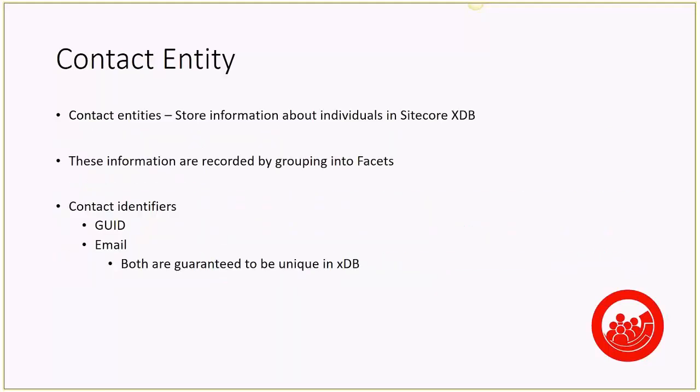Okay, so when you talk about contacts, the main thing that comes to mind, the top level, is called a contact entity. That is the contact profile of a user. This contact entity, as I said, can be of two user types: one is identified and one is unidentified, logged in or non-logged in users. These entities store information, as I said again, about each user that visits the website